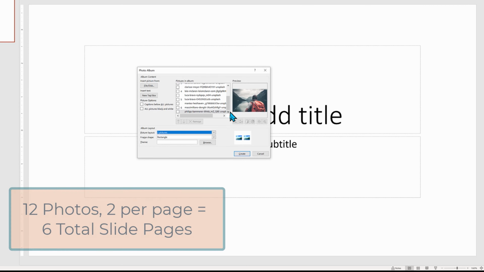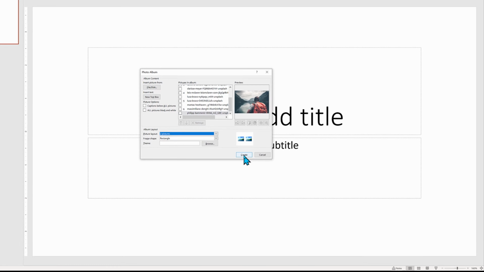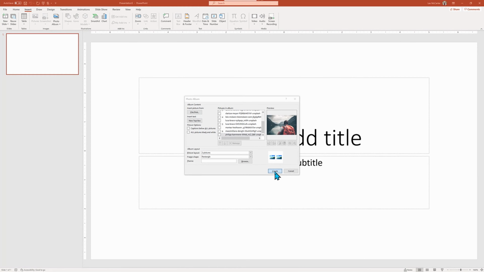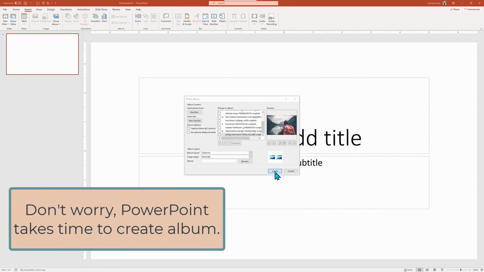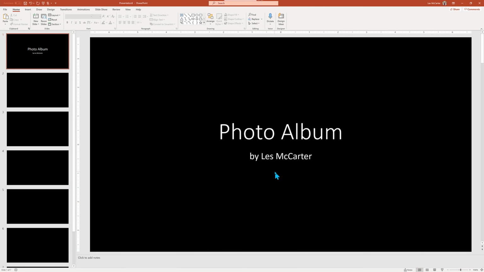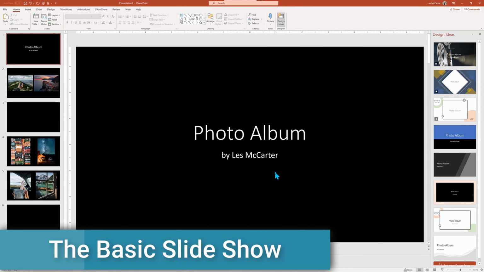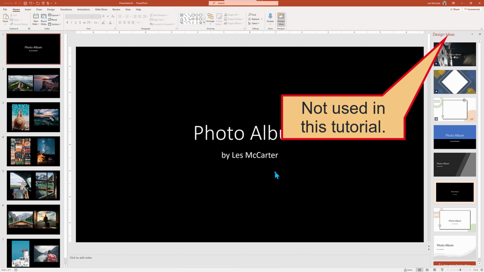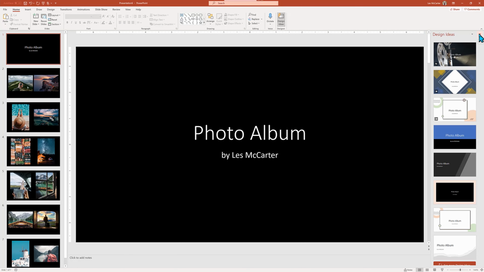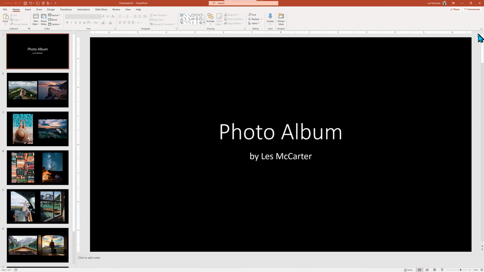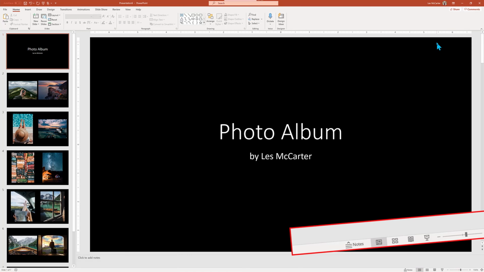For our quick preview project, I will click Create, and PowerPoint will work for a few moments to create the slideshow. Do be patient, as this may take some time. Even though it's not showing an hourglass waiting, it is working. And when done, there's our 6-page slideshow. Let me close down the Auto Design Ideas pane that comes with Office 365, which we will be ignoring in this tutorial. To get a better look, I will switch to the Slide Sorter view by using the bottom right corner shortcut. But you can also go to View and Slide Sorter.